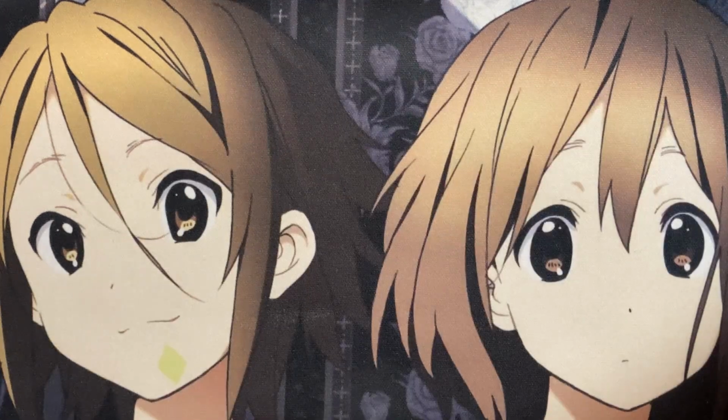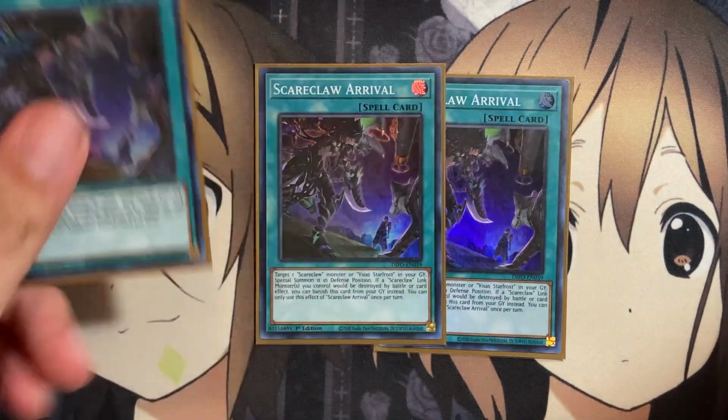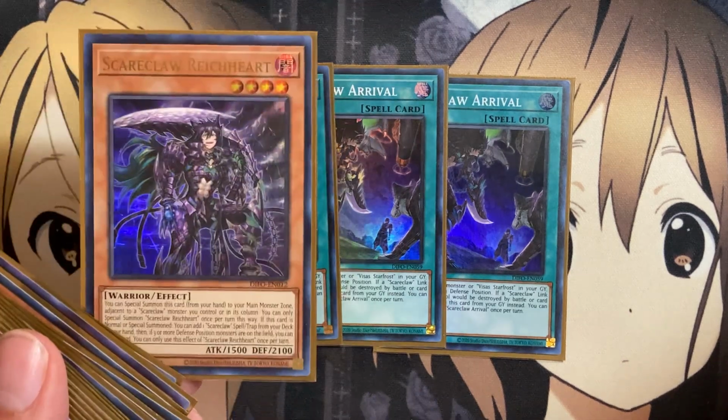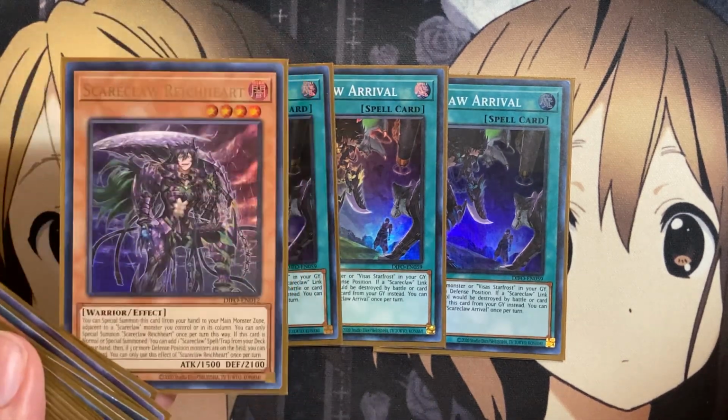Now, for some of the Scareclaw spells that we also run in the deck, trying out the 3 Scareclaw Arrival. You target a Scareclaw monster or a Vysis Starfrost in your graveyard and special summon it in defense position. If a Scareclaw Link monster you control is destroyed by battle or card effect, you can banish this card from your graveyard instead. So it's a target for Rykart to special summon back onto the field